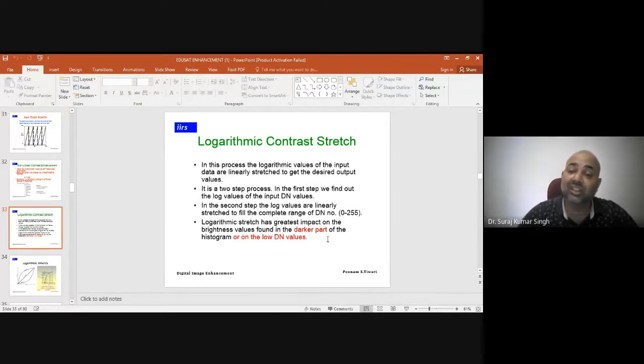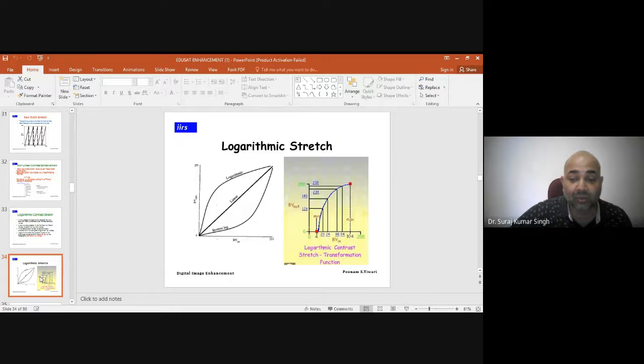So what it does, if you want to change the values or you want to highlight the features which are having the range closer to 0, always try to include logarithm contrast rates so that the features would be prominently seen post enhancement. So what is the operation that you are trying to do? You can see that these are the values that have been plotted, and the log values have been calculated for each and every pixel.